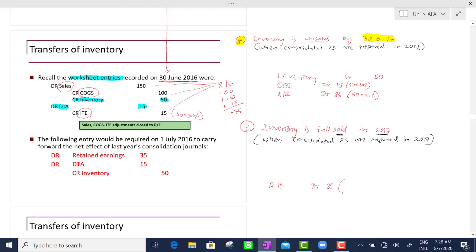How 35? The same logic which I explained earlier, this one. Total unrealized profit in that year 50, right? That into net of tax 70%,